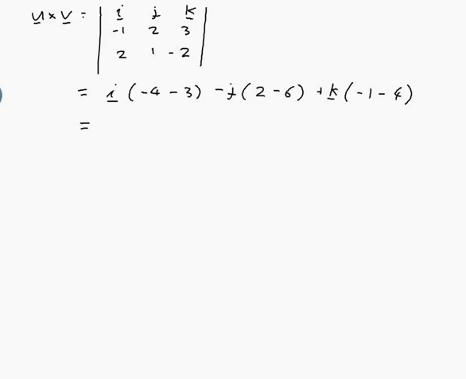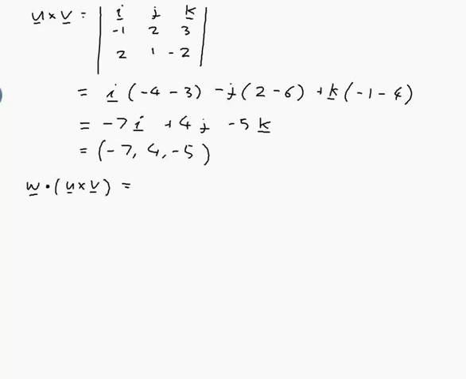So that would be minus 7i. So 2 minus 6 is minus 4, and minus minus 4 is plus 4, so plus 4j minus 5k. So that's the vector minus 7, 4, minus 5. And I want to do w dot u cross v,